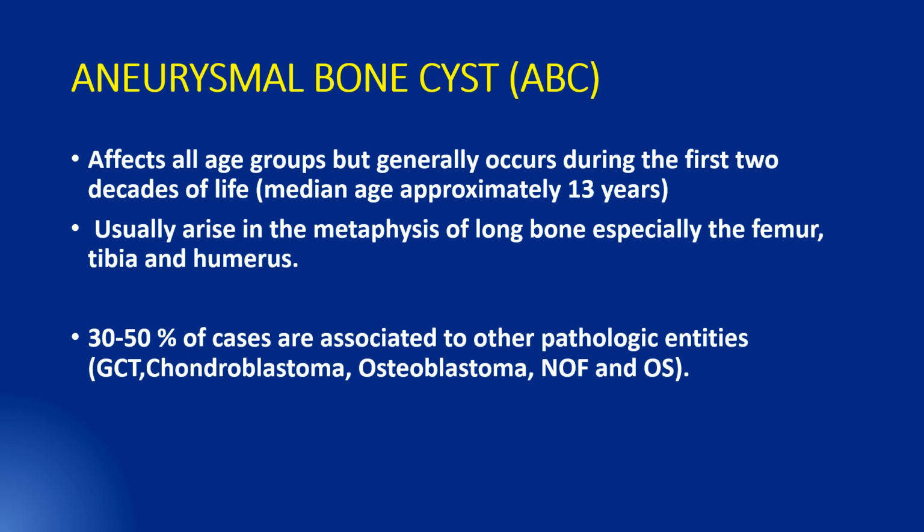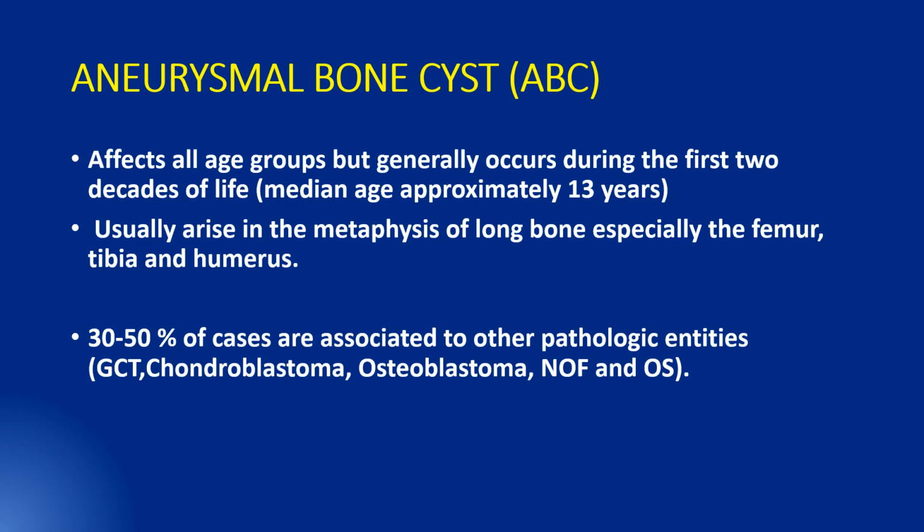ABC affects all age groups, but generally occurs during the first 2 decades of life, with a median age of approximately 13 years. It usually arises in the metaphysis of long bones, especially the femur, tibia, and humerus. About 30 to 50% of cases are associated with other pathologic entities such as giant cell tumor, chondroblastoma, osteoblastoma, NOF,